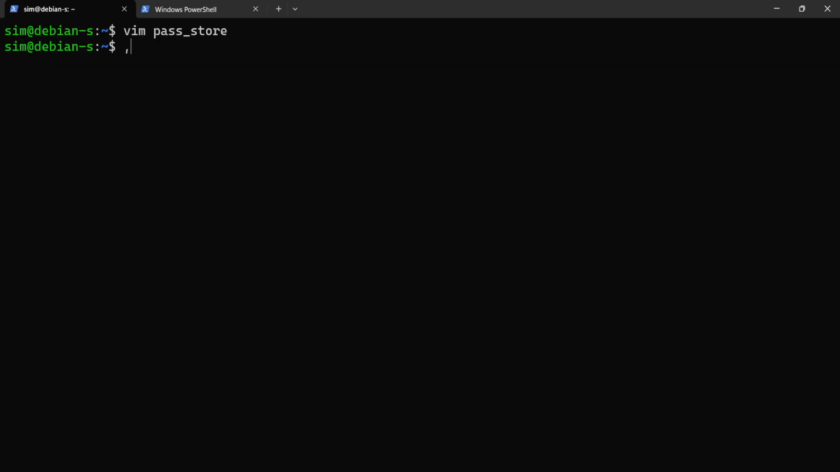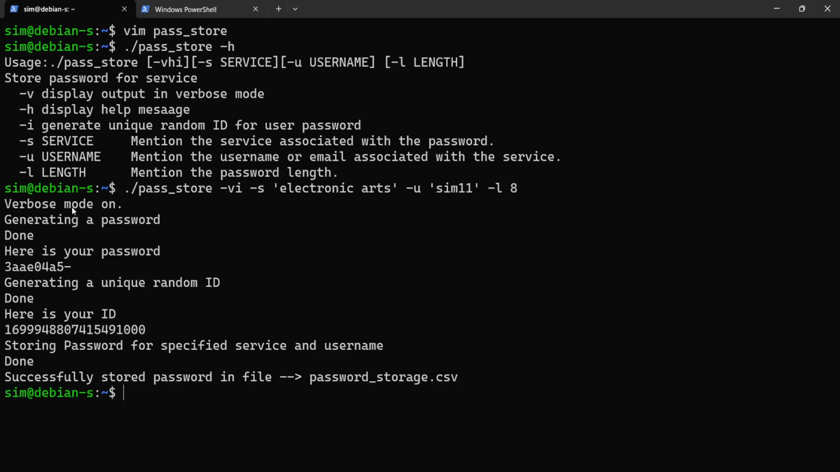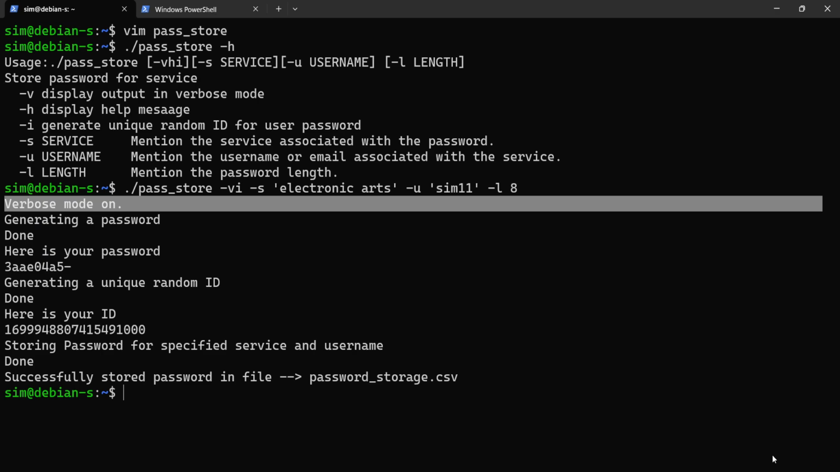Now if we run this script, we get the help message with H, then we turn on the verbose mode and generate random ID, and we set the service name as Electronic Arts, if you want to buy video games, and then my username for the account is, say, sim11, and I want to set password length as 8. Now verbose mode is on, and